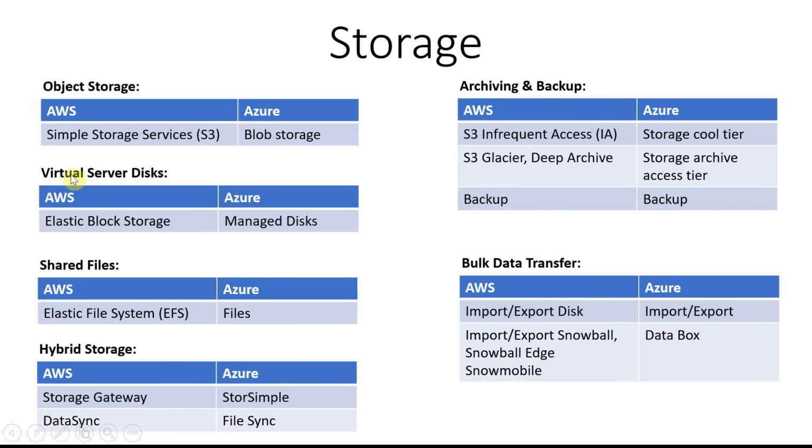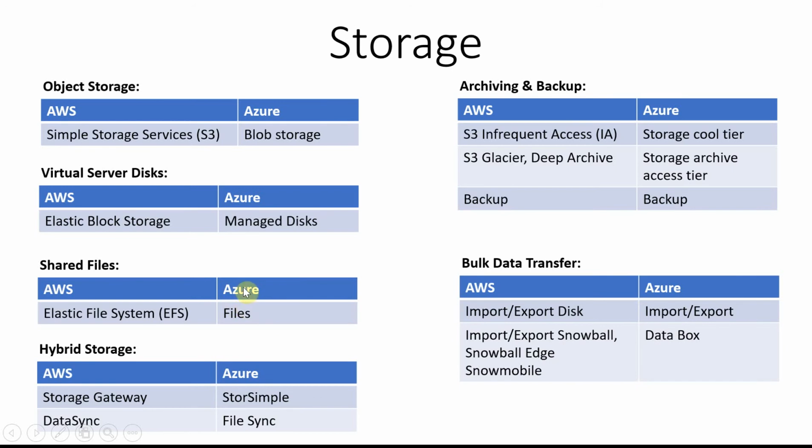If you want server disk-based storage, we're talking about your laptop where you have a hard disk, right? For hard disk based storage there are two types, right? Solid state drive and HDD. So you have both options here, SSD and HDD, and based on that you can select either. Managed Disks is a product on the Azure side, and EBS is the equivalent on the AWS side.